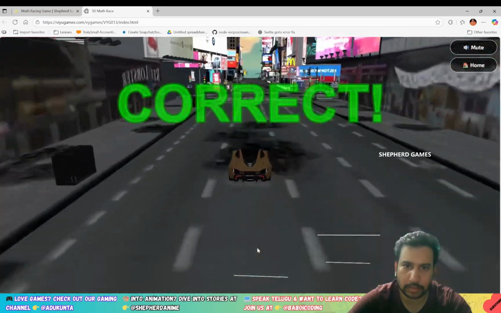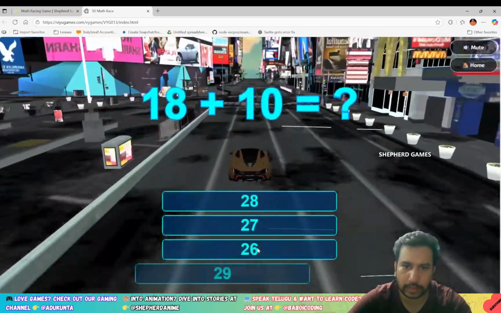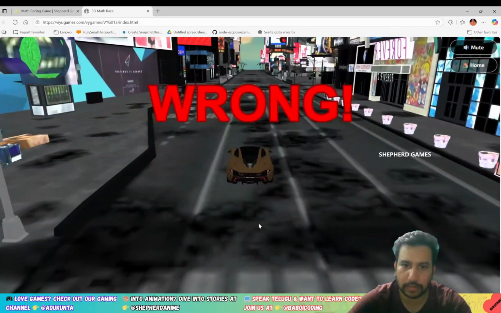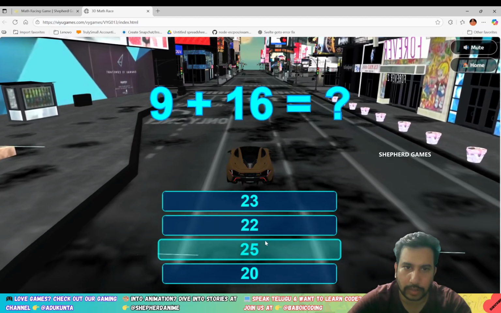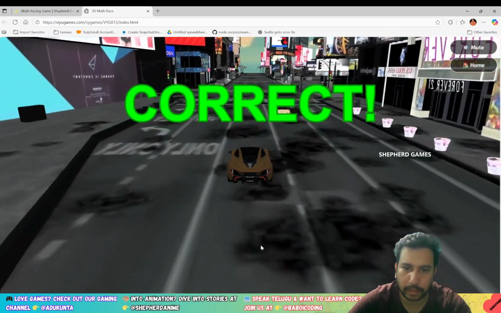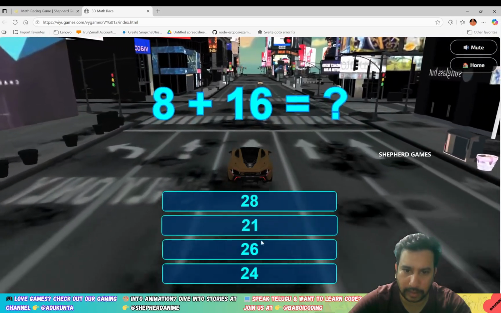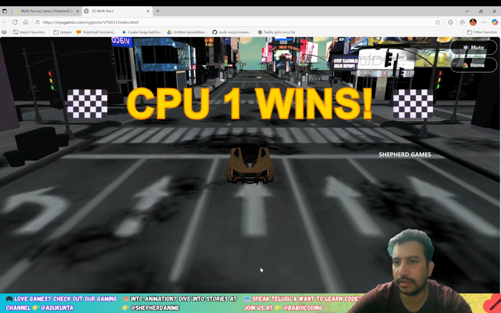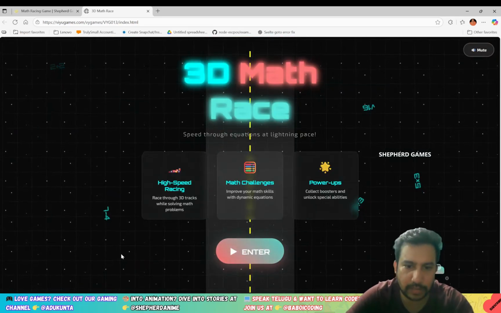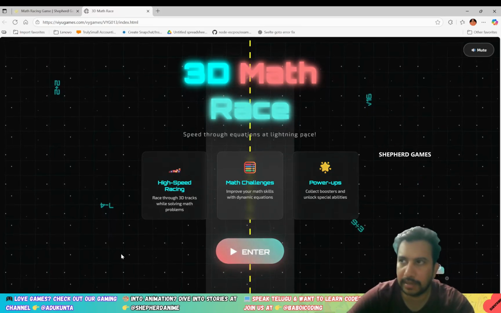Okay, so again correct. If I answer it wrong, for example, it will slow down and the other cars will move forward. So we can keep answering correctly until we reach the final point. So CPU 1 wins. The main screens are built with pure HTML and CSS, whereas the game is built with